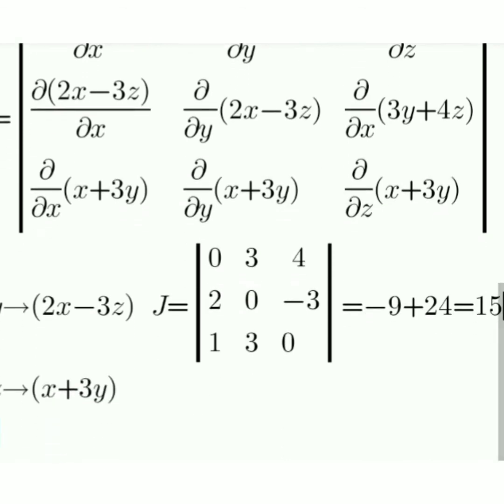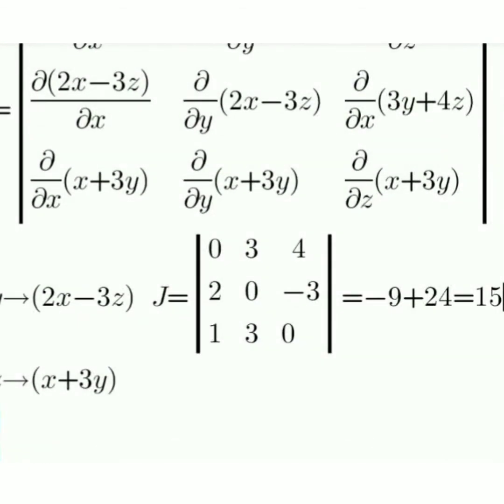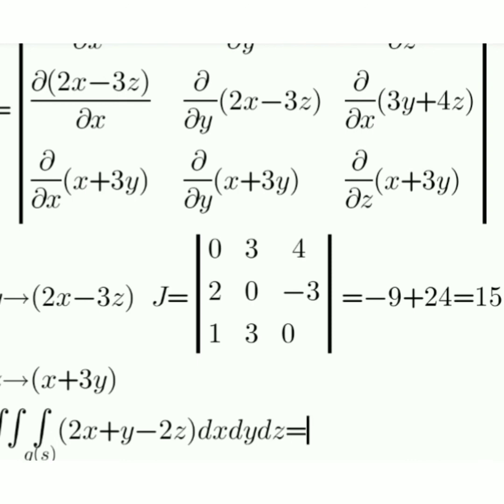Now I get the Jacobian value. This is my main target, to find the Jacobian value. Now, whatever I see, the triple integration can be written as 2x plus 3y, not 3y plus y minus 2z into dx dy dz equals, friends, this way I get this value,